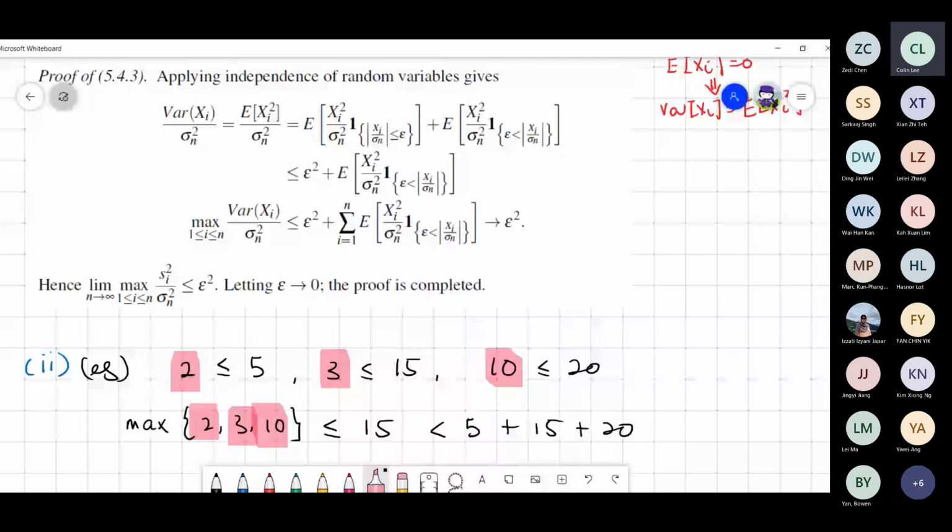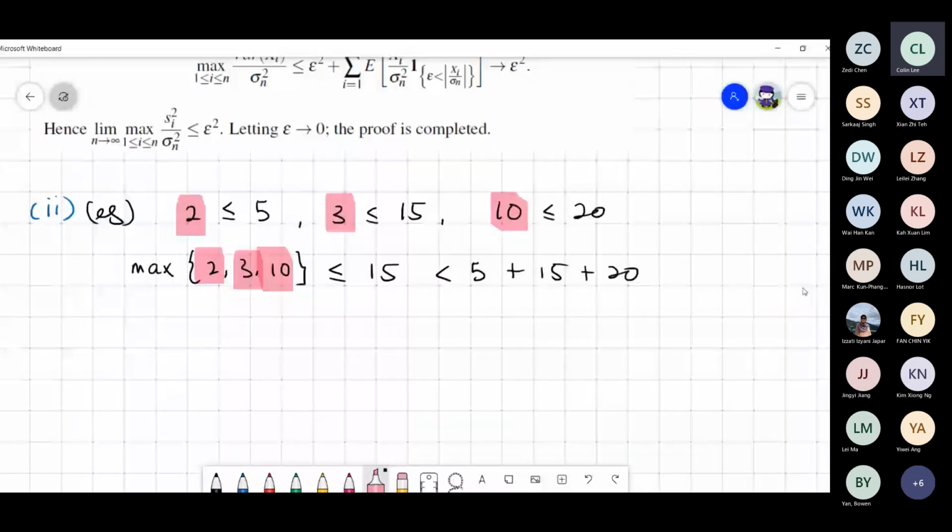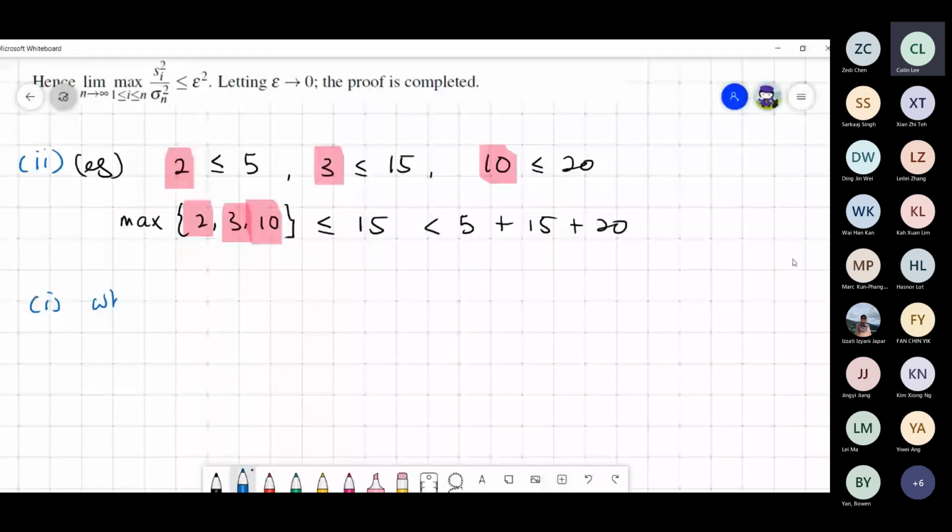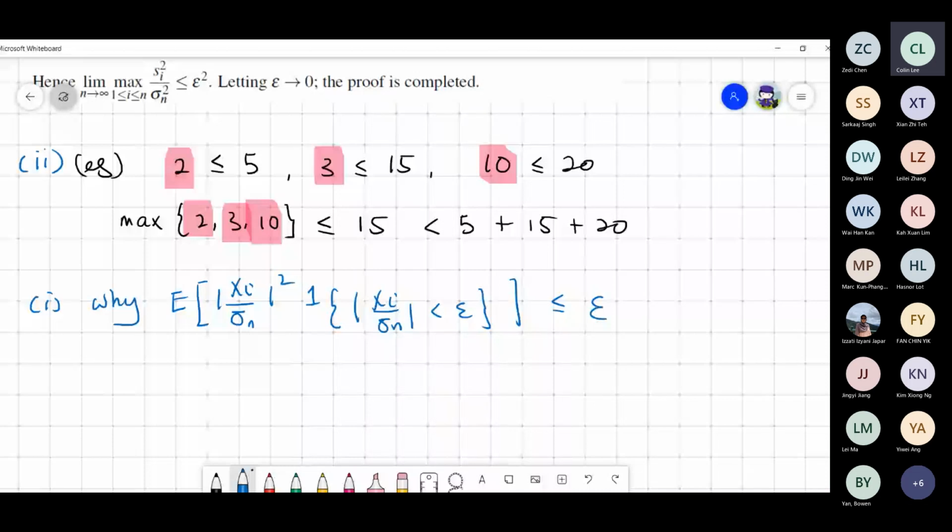So the first part, why this is less than epsilon. Okay. So the first part, okay, again, why? This is actually we have. Okay, why this is less than epsilon? Okay, so